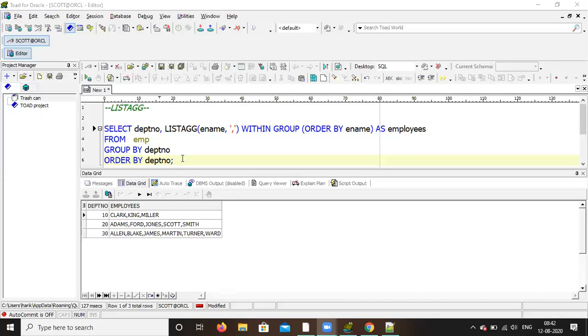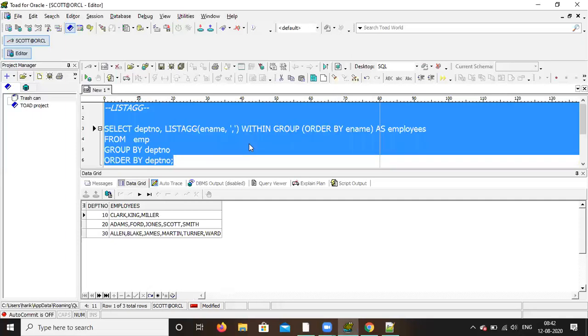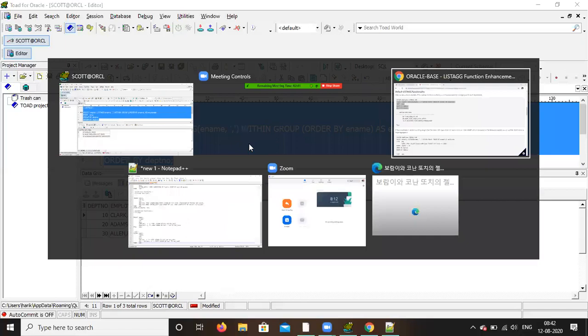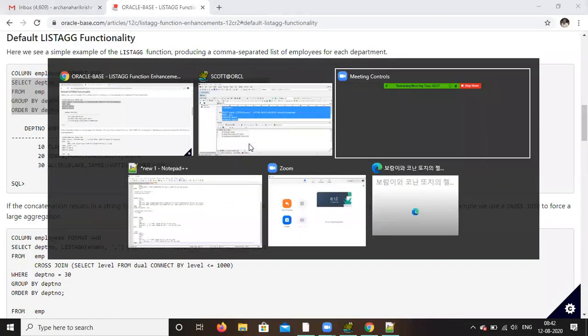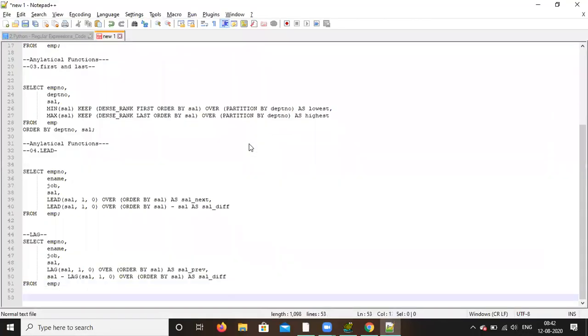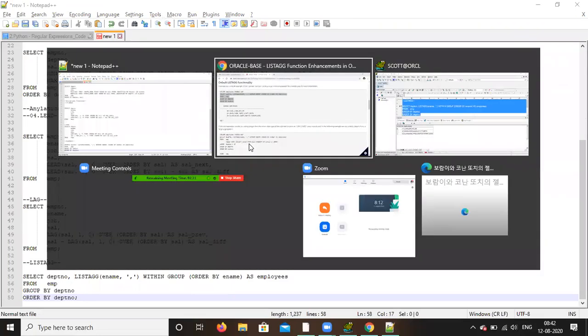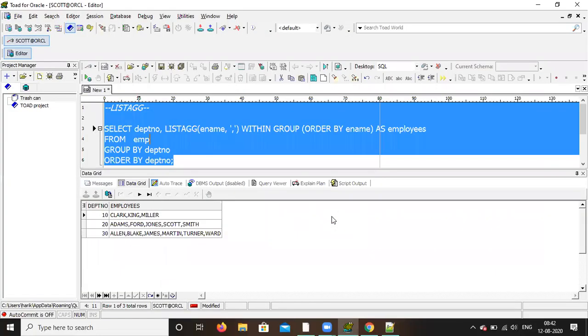So this is all about our analytical functions. Like that, so many are there, but basically these 6, 7 that we discussed, those are frequently used. And like that, if you want anything, it is there. It's very simple. It's self-explanatory. You can do it, not an issue.